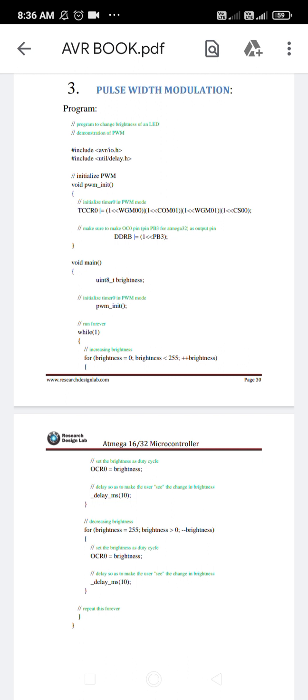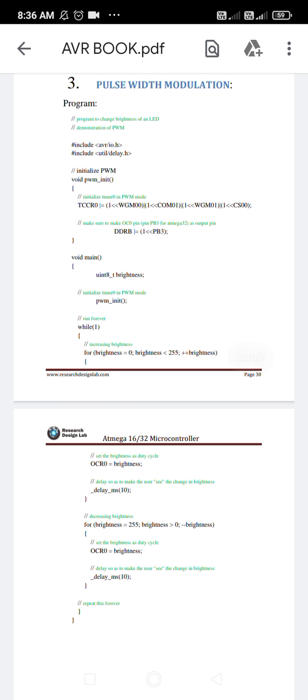These are the for conditions applied here for the PWM program. First the input is 0, then the input is less than 255, then input plus plus, that means the first condition starts from 0 and goes up to the value 255.